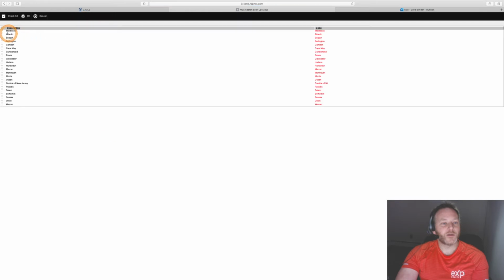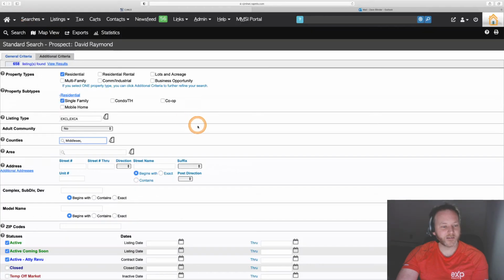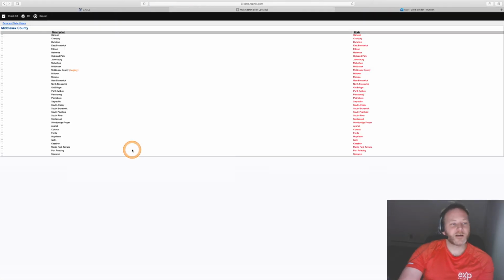Counties. We are just looking at Middlesex County today, the primary county of Central Jersey MLS. So now we're in there. Right now it's finding all of the single family homes for sale in Middlesex County. That's our current number. And if we click on area, we can then select just Edison to really start to